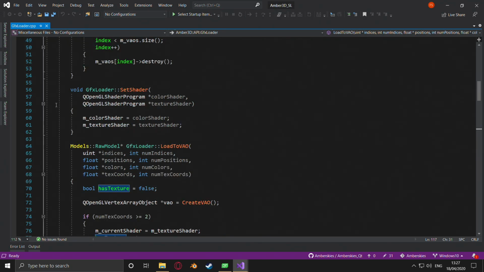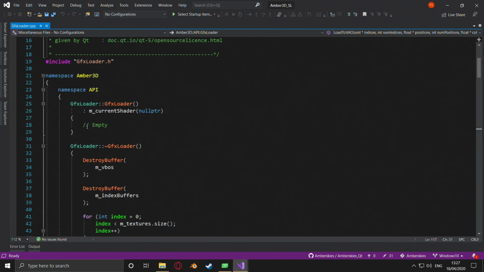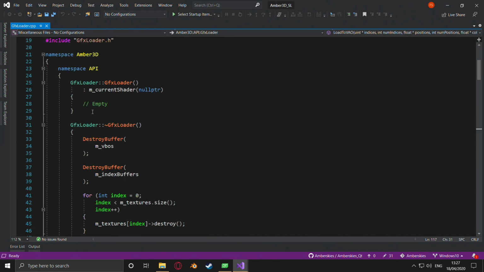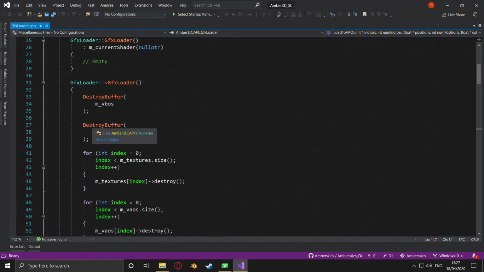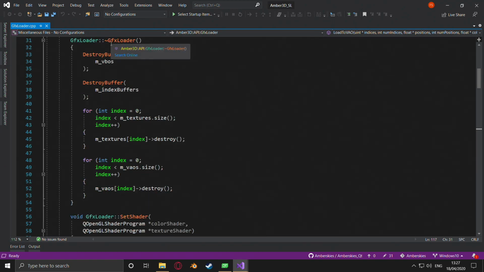gfxloader.cpp. So let's see what it takes in. It's in the Amber 3D API, so I know where it is. It's gfxloader.h, and it has a constructor, and it has a destructor, where it will destroy all the VBOs and everything like that. So we do need to call that. Well, that will get called anyway. That's okay. It destroys the buffers,